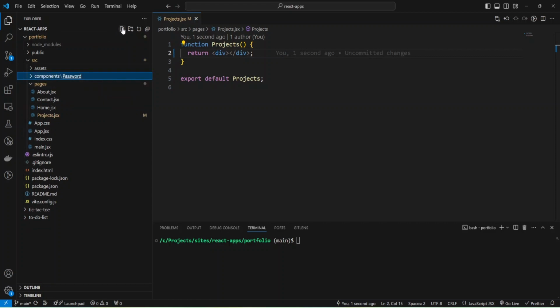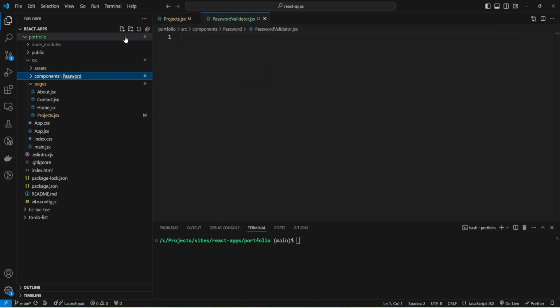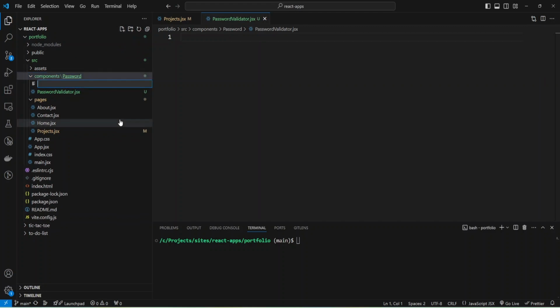And inside folder, I'm going to create two files, one password validator JSX, and the second will be for styles, password validator CSS.